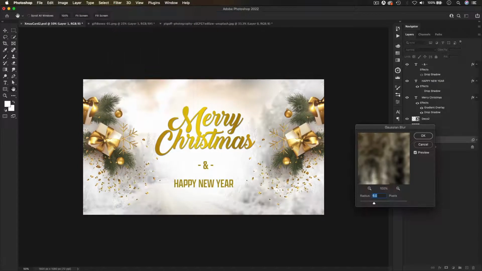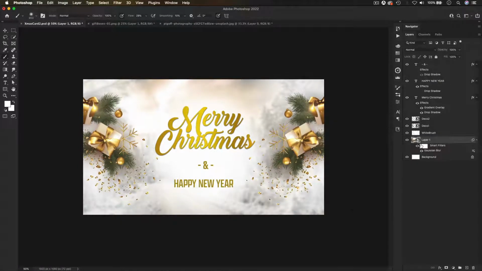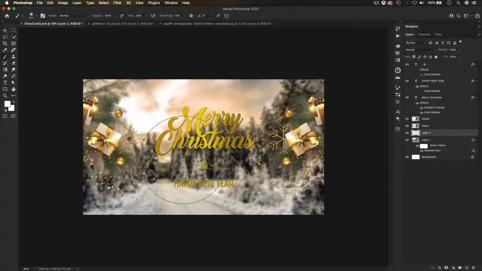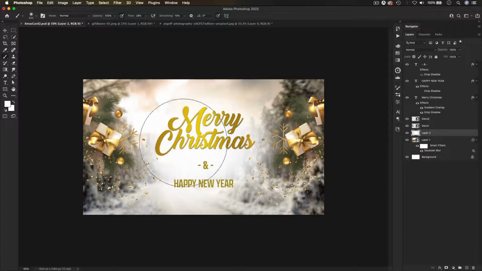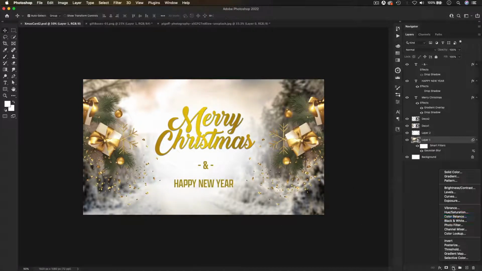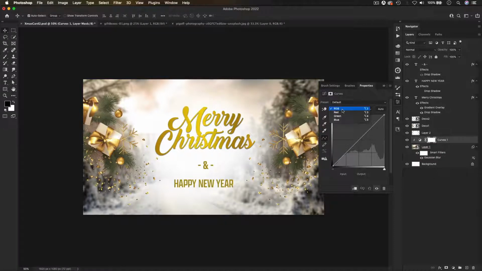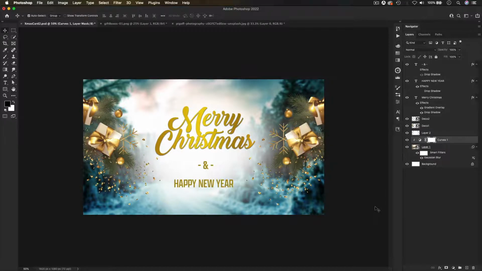Very good. Add a Gaussian blur to the background layer, to the image. Okay, just like this. Create a new layer. Select a soft white brush and brush in the middle of the design. Okay, and then you can add a curves adjustment, to color grade the background image, just like this. Just move the green, the red, and here I'm on the red. Just move it down so that you can have the design color. And then the RGB, just move it a little bit so that you can have this beautiful color for your